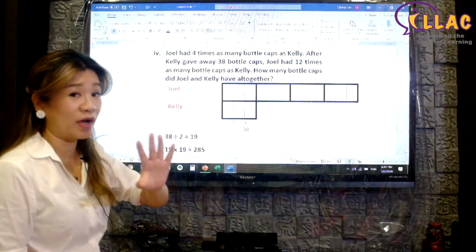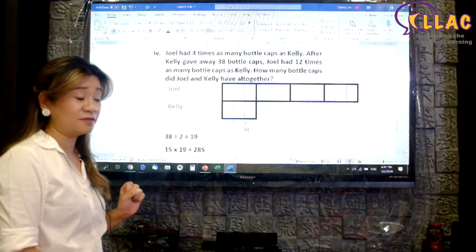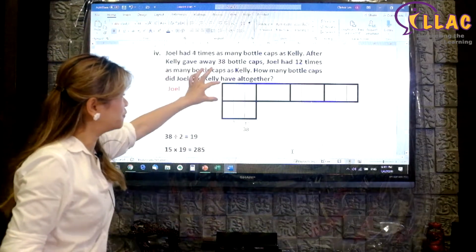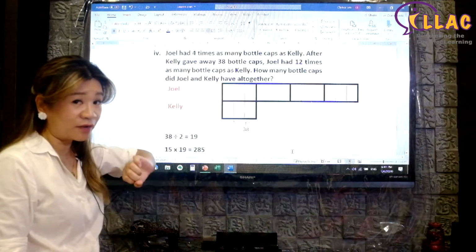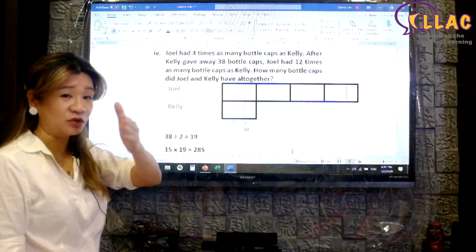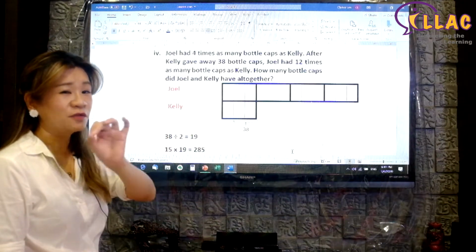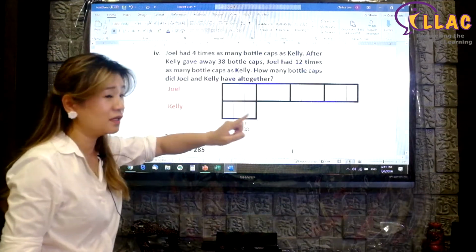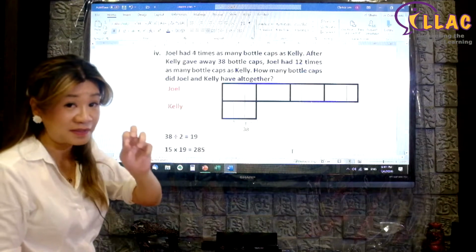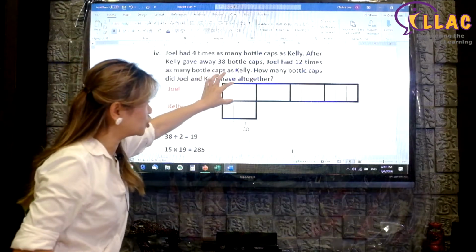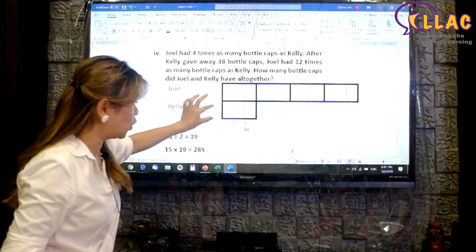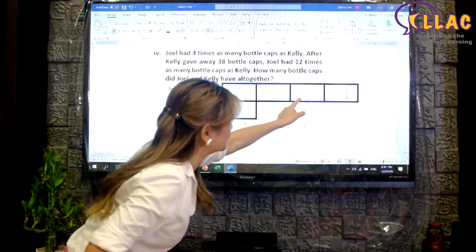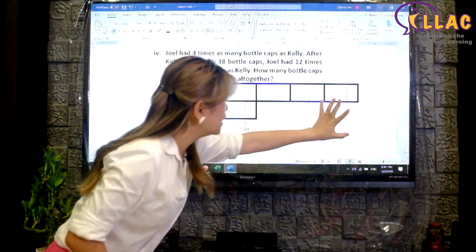Joel had 12 times. So who is the constant value here? Joel did not change, but Joel changed from 4 to 12. How do you get 4 to become 12? Each unit times 3, which means each unit you cut into 3 parts. So remember, every single unit needs to be the same size. Therefore, if you cut the ones on top, you have to cut the ones below. So if Joel now has 12, 1, 2, 3, 4, 5, 6, 7, 8, 9, 10, 11, 12, 12 times